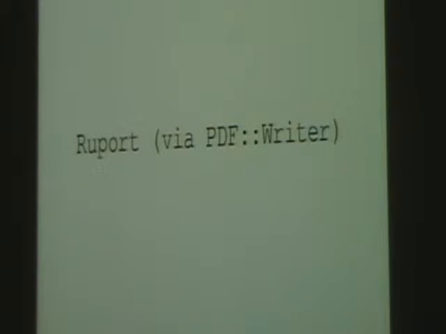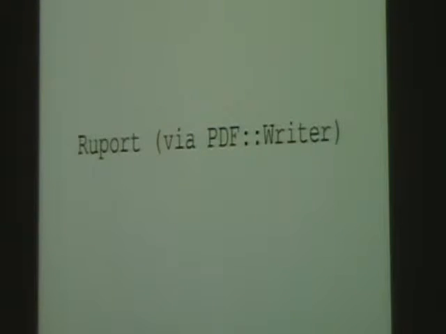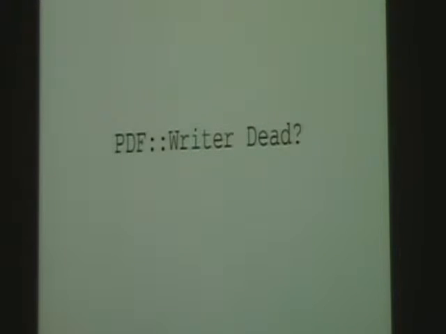I did write some software to do this presentation, and you're looking at the actual usage of it, and this is what I used to write my slideshow here, which explains why it's very Spartan. It was implemented with Ruby Report via PDF Writer, so that's like the second part of my introduction. PDF Writer, people may have thought it was a dead project, but it's not anymore.